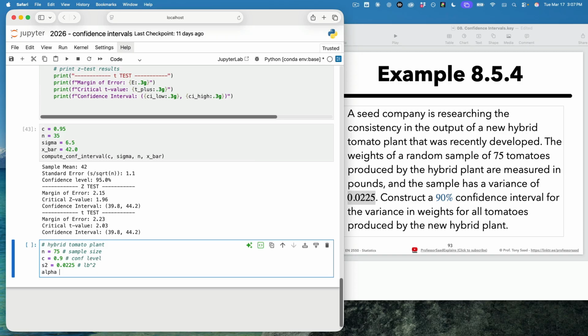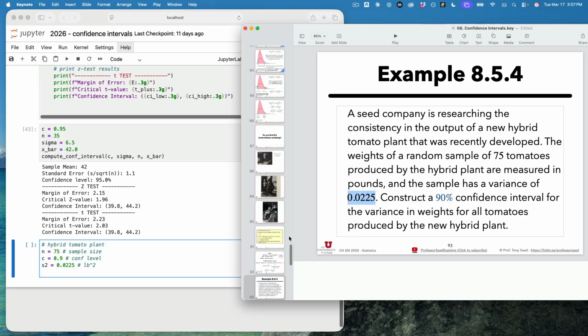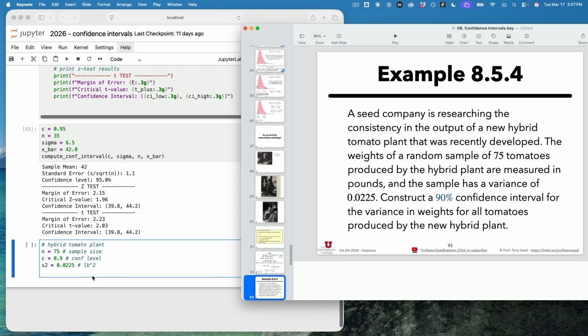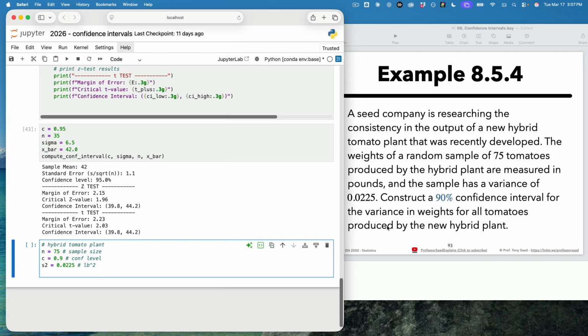First thing I want to compute is alpha. Actually, I don't need to do that. I'm going to call this function over here. Confidence and df, that's all I need for this. Remember, the chi-square distribution requires the degrees of freedom, like the t distribution. So where does this df come from? It's because the chi-square distribution ends up being a ratio of two distributions, normal and